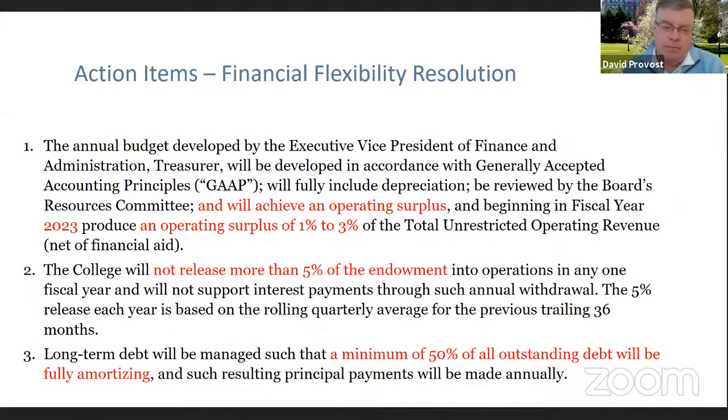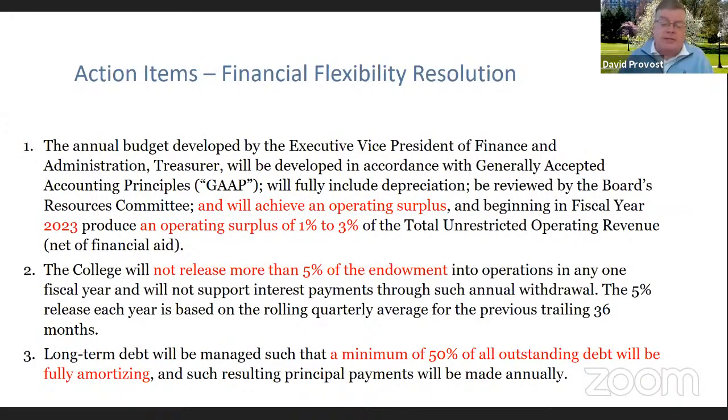In 2016, when President Patton arrived, she implemented the Road to Financial Sustainability. And this resolution has been discussed now for 2 to 3 years, and it really requires the finance team, my office, to answer a question: how do we prevent this from ever happening again for future generations, where the college is operating with deficits and living beyond its means? So this is a resolution that would require us to bring forward a budget that has an operating surplus. So next year that could be $1. But then after that, FY23 and on, we produce an operating surplus of 1% to 3% of the